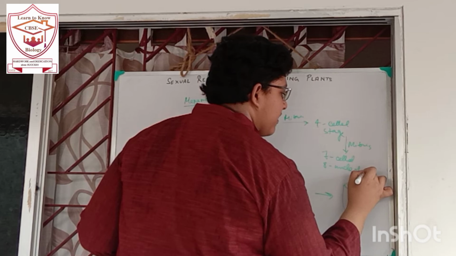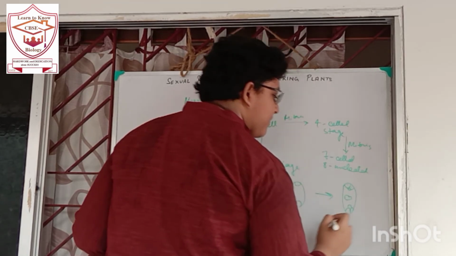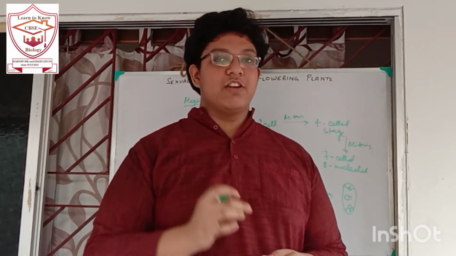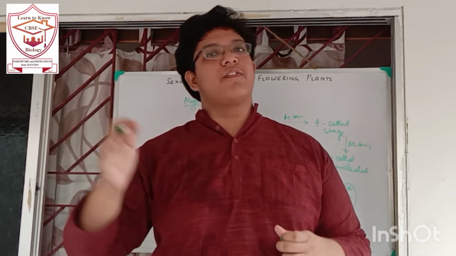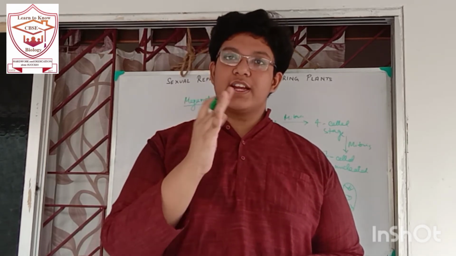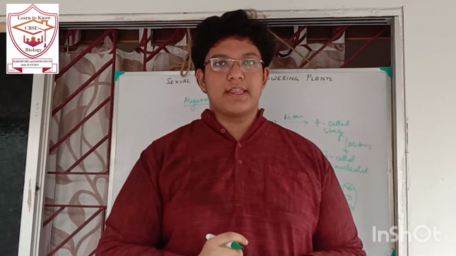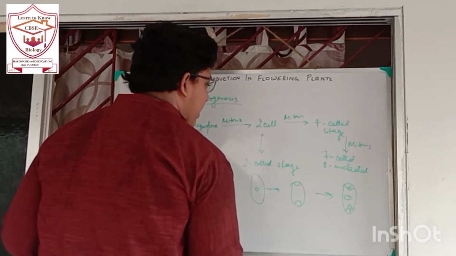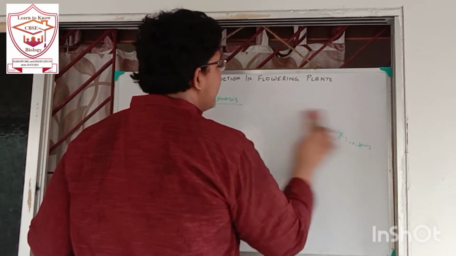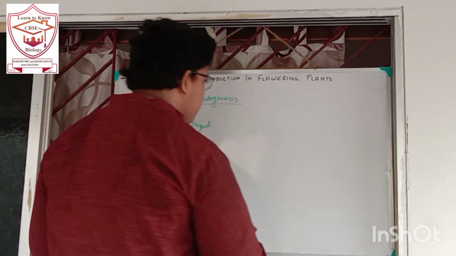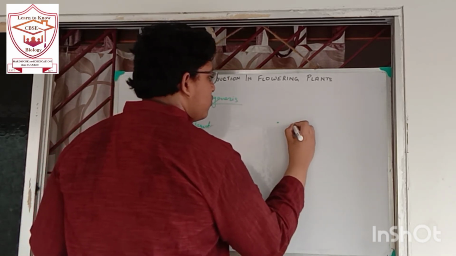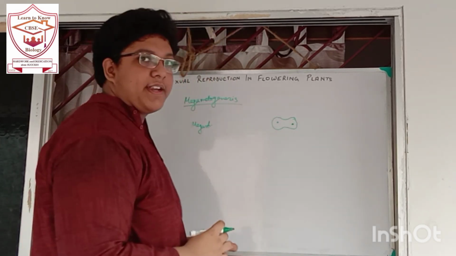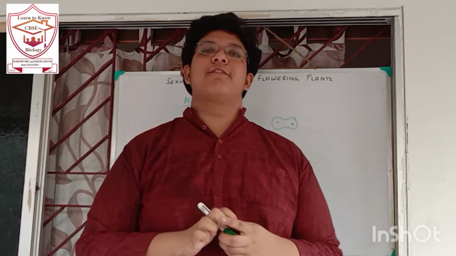This is the real feature. The 2 are the polar nuclei. Why? A 7-celled structure forms, but it is 8-nucleated because karyokinesis has continued as it is. But after karyokinesis, to complete cell division, cytokinesis takes place, and in this case cytokinesis becomes incomplete. So if I draw an enlarged diagram of the polar nuclei, it would look like this: 2 nuclei, a furrow is present, but no complete cell is formed.